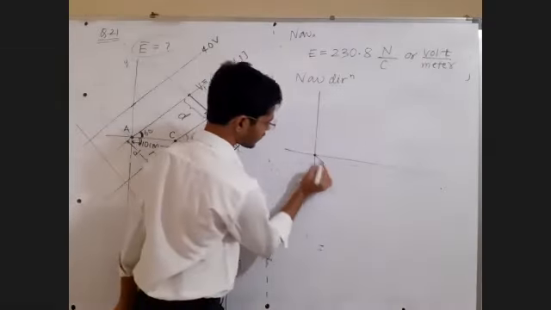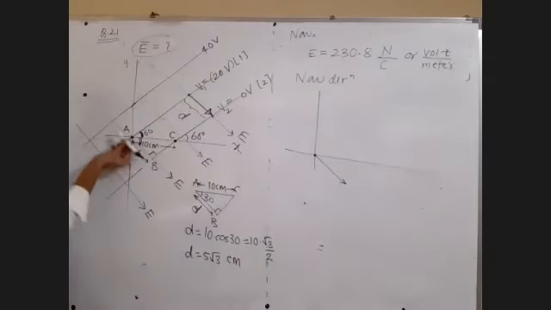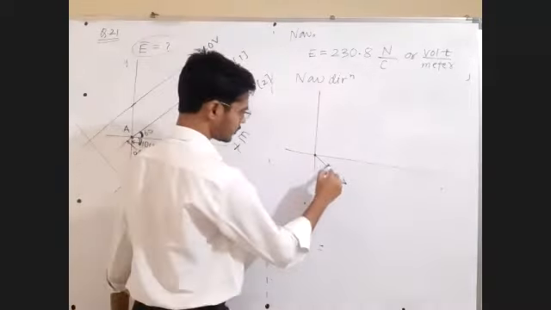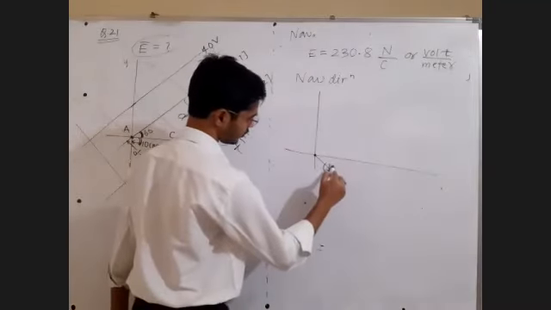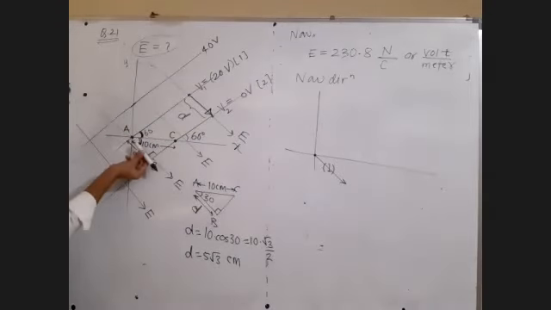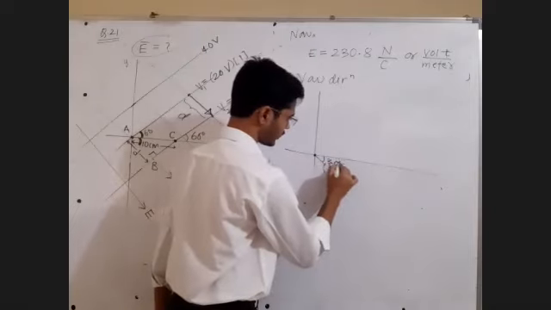Take it at the origin deliberately, or at a place where you already know the angle. Okay, we took a unit vector in the direction of the electric field. It's a unit vector, so its value will be 1 in SI unit. This angle is already given to us. This angle is 60, so the remaining angle must be 30. So this angle is 30 degree.